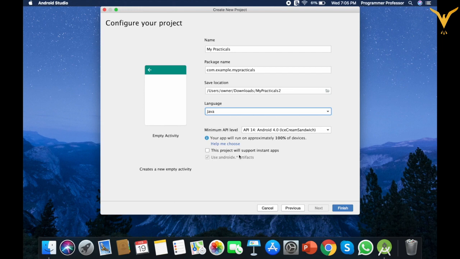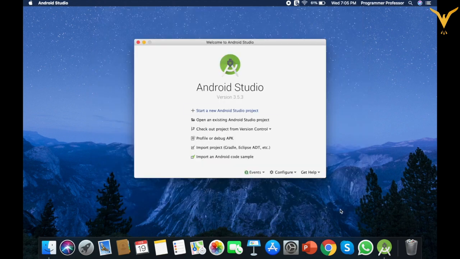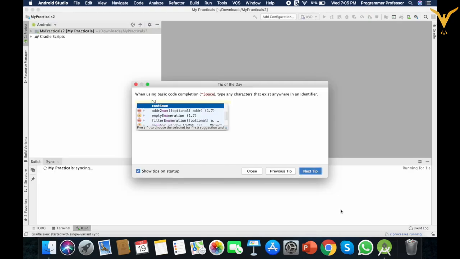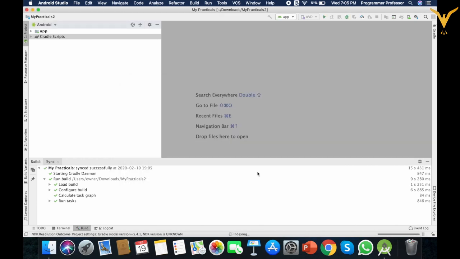If you want this support instant app, click on this. I'm not using this right now. Click on finish. Yes, close this.